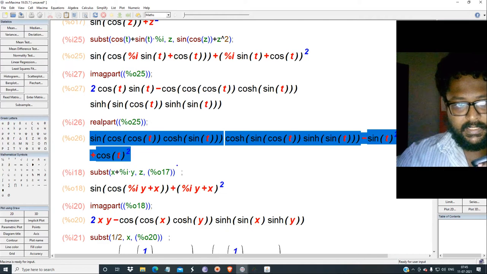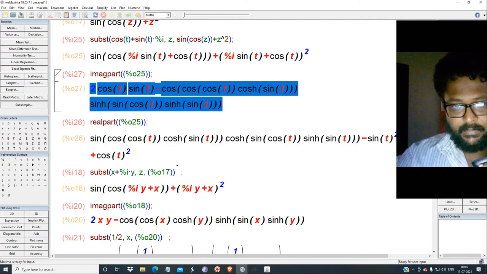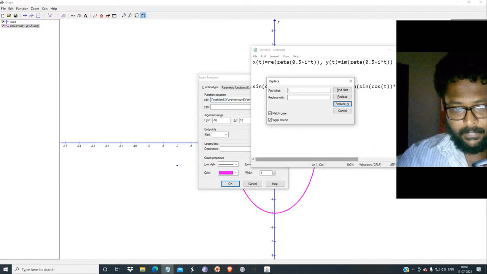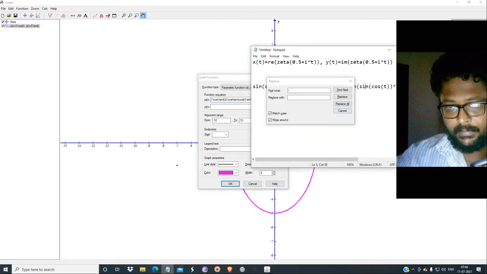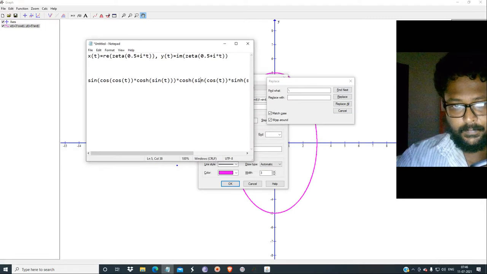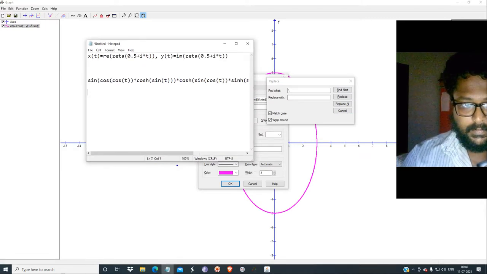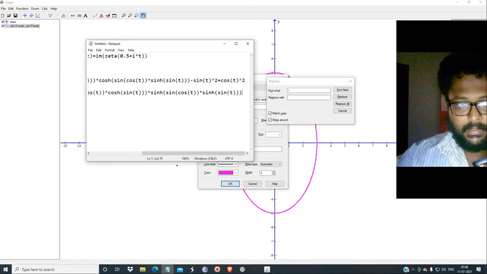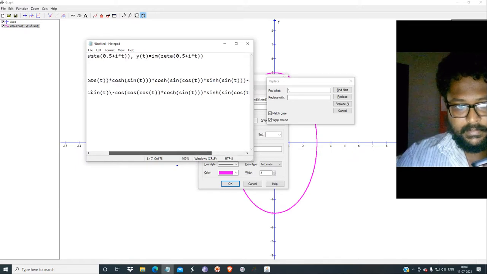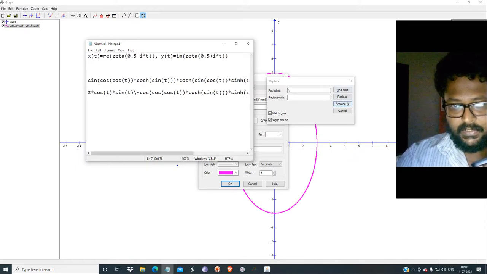So it is a real part. Now again you get the imaginary part, and get over here, and this may have some functions, so replace all.